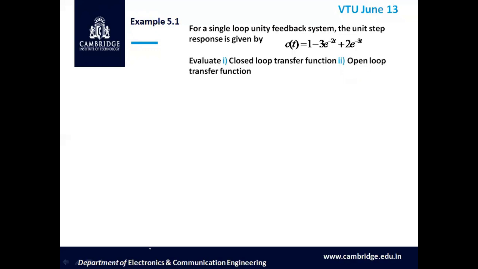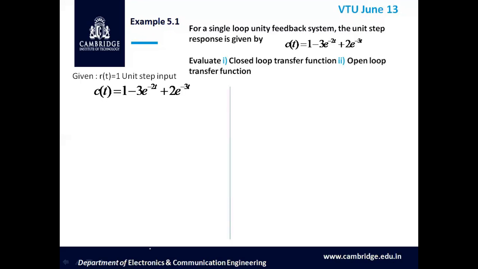This is just an exact reverse procedure of the previous example problem. In the previous example, you were given G(s), and we calculated the transfer function, substituted a unit step input, took the Laplace transform, applied partial fractions, and then obtained the response by taking the inverse Laplace transform. Whereas in this case, you are given the response and we have to find the closed loop transfer function, exactly the reverse procedure of the previous problem. So let us try to solve this problem.